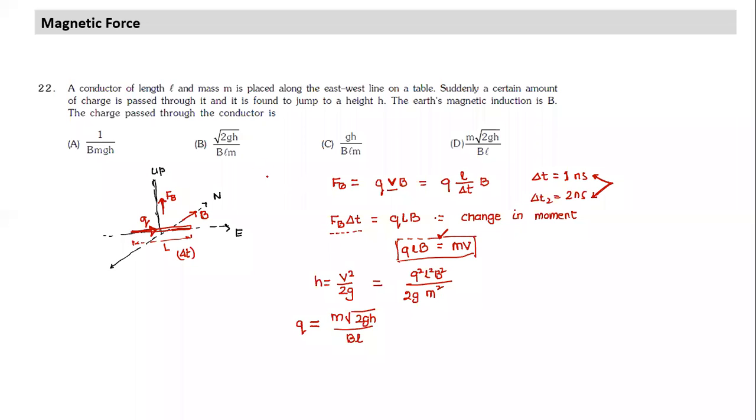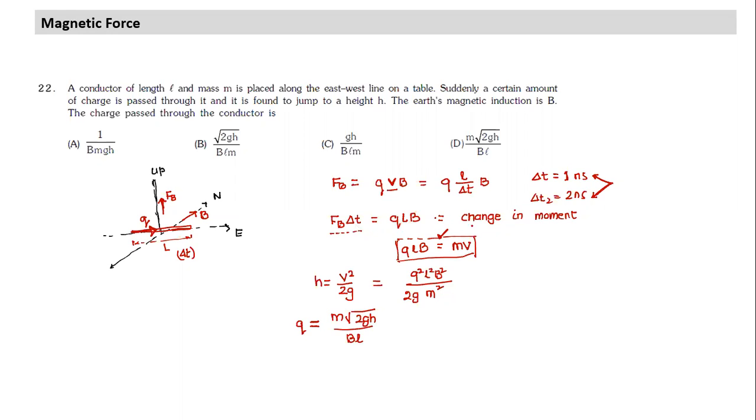So rather than using the force equation, I'm going to use the impulse equation, which is impulse equal to change in momentum. Initially, before the charge was passed, it was at rest. Initial momentum was 0. Soon after the charge is passed, and the time interval is so small, during this time delta t, what is the vertical displacement of the rod? The vertical displacement of the rod is almost 0. That's why we are not taking it into account. That's why the short time period is relevant here. During this very short period, the rod doesn't undergo much displacement.